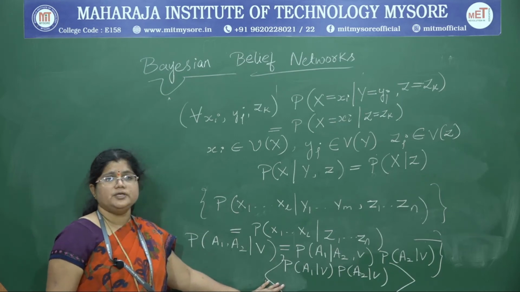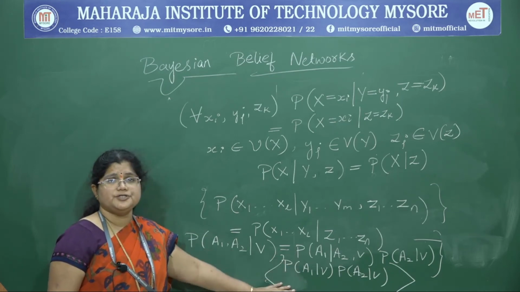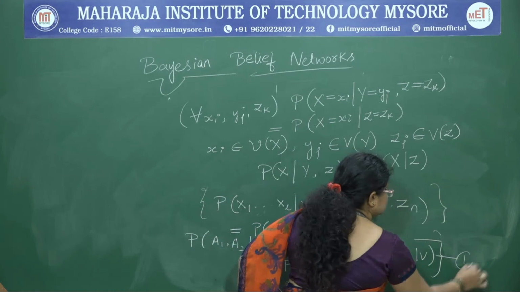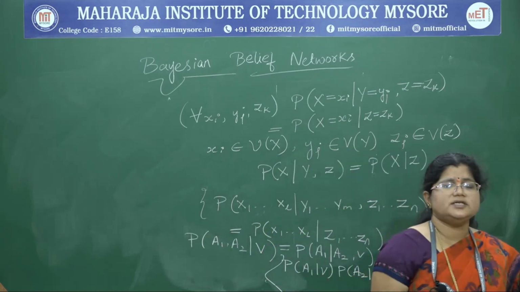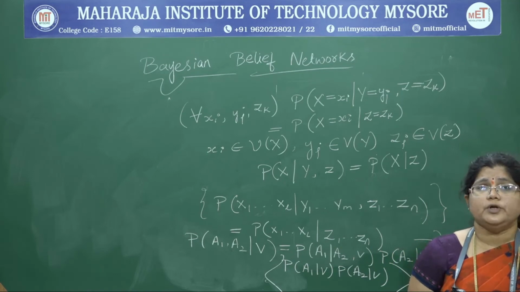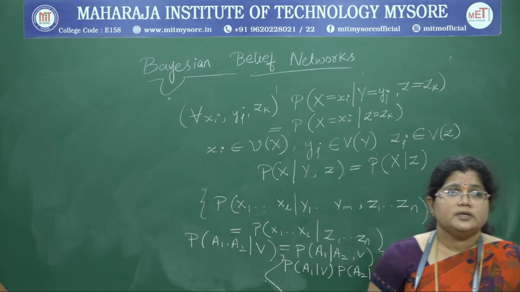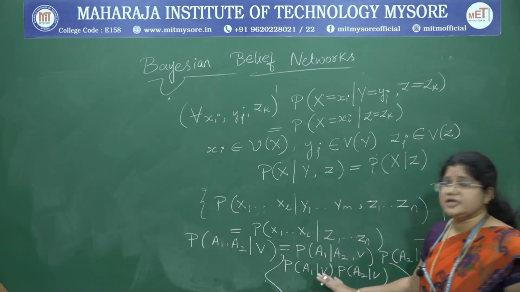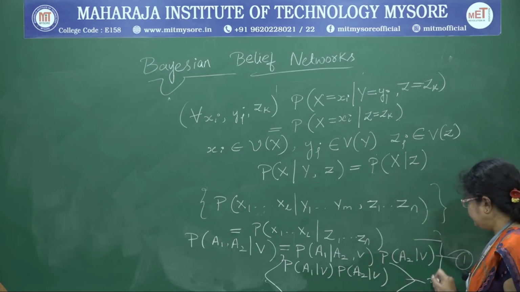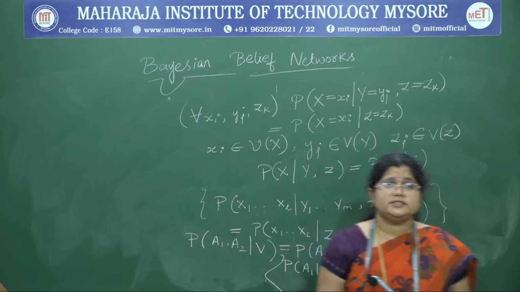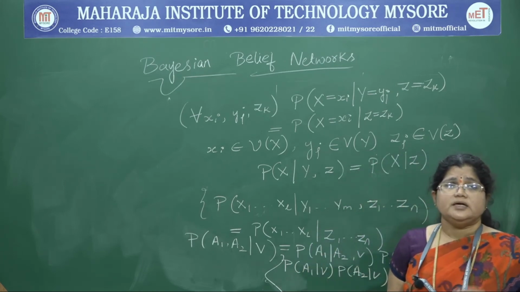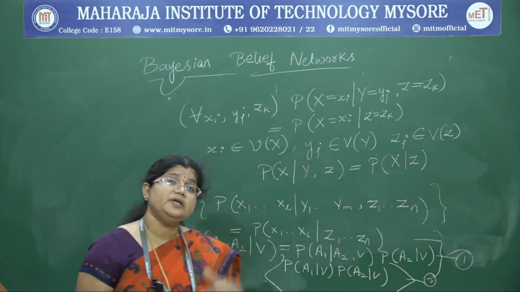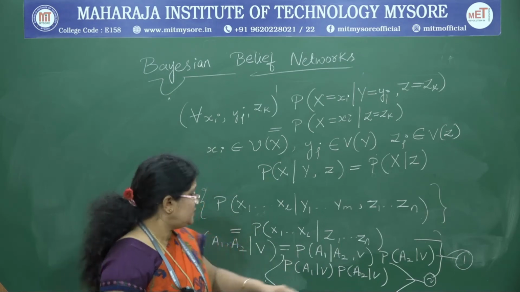By looking at these last two equations, we can say that equation 1 is just the general form of the product rule of probability from the given table. I'll number them as 1 and 2. The first equation is just a general form of the product rule of probability from the Bayes theorem. Equation 2